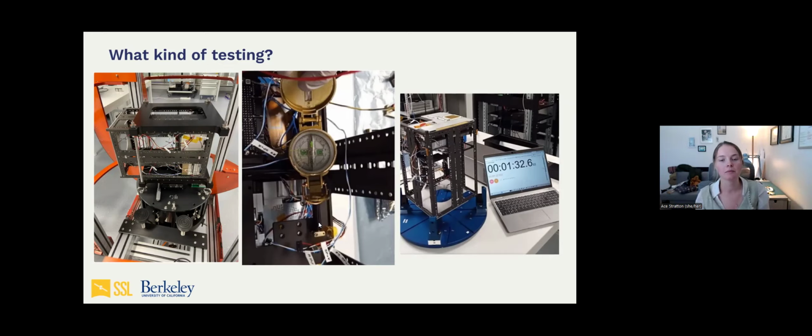Then, slightly less complicated, we have these fun things called magnetorquers. They affect the magnetic field around the instrument and can slowly turn your spacecraft. The easiest way to test those is to put a compass on it. You can see there's this black bar here in the center, and you can see that the compass is aligned with it. So we could switch the directions that our magnetorquer was set to, and we could sit there and just watch the compass flip back and forth, which was really fun.